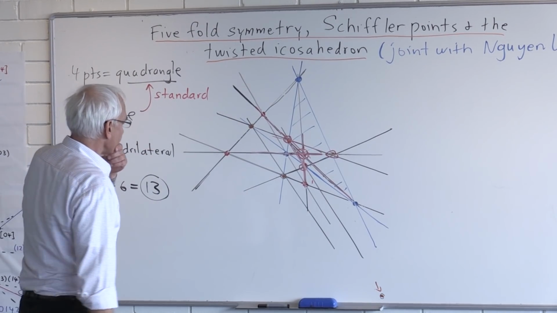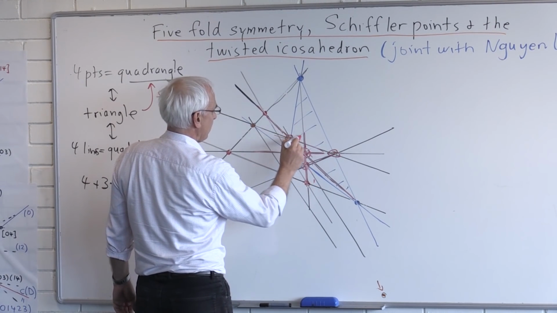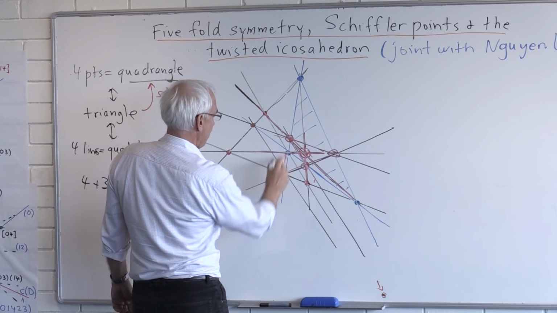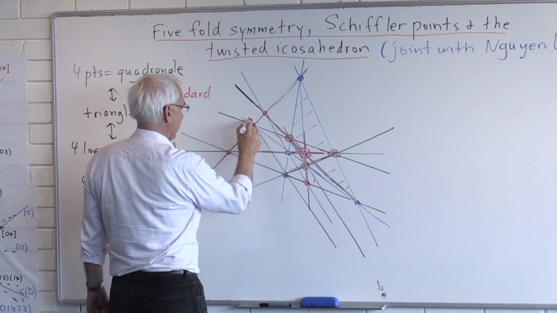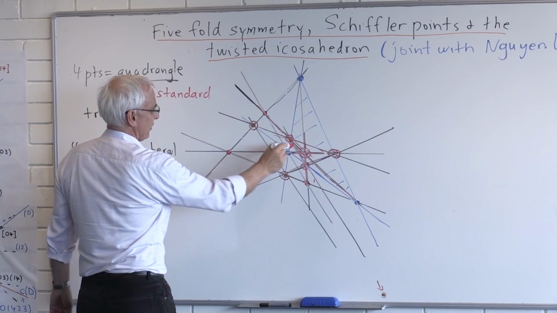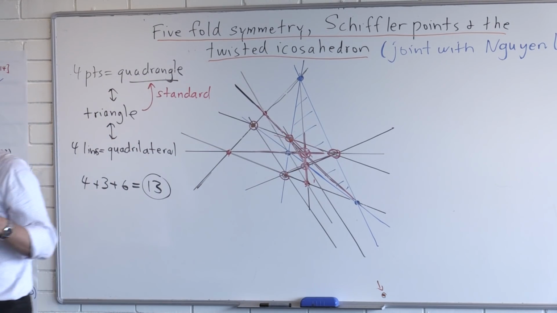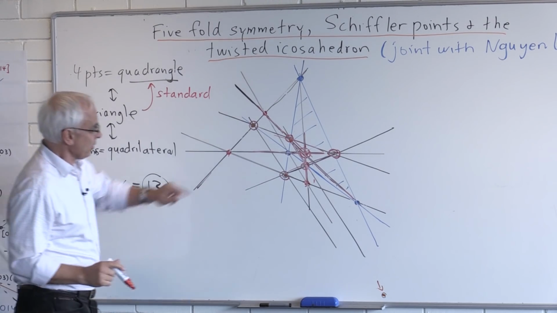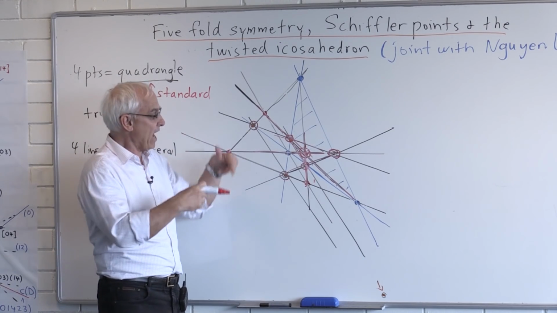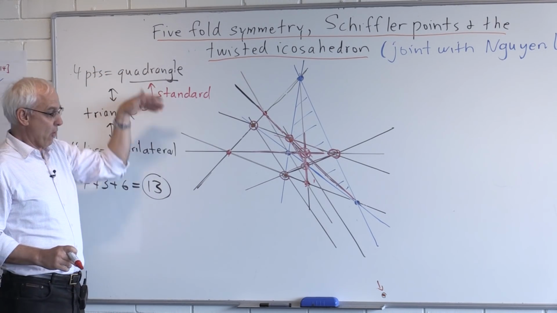And then we can join these ones. So, well, we already have that one. No, we haven't had that one yet. So we can construct these ones here. Because that's on the blue line and on the black line. That's on a blue line and on a new black line. So we can construct these orange fellows, and then we can construct the red ones correspondingly, because now we have lines and lines. Okay. So basically, by using the same configuration, we can start with an arbitrary point and generate a quadrangle, like basically the initial quadrangle, which has that triangle as its diagonal triangle. And we will call that relationship being a standard quadrangle for the given triangle.